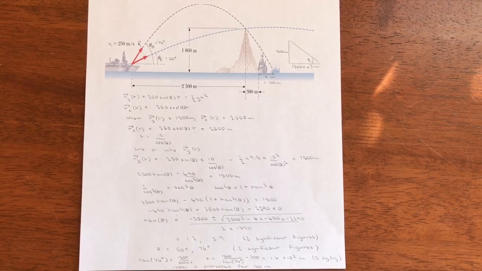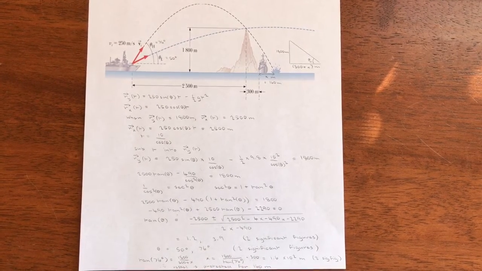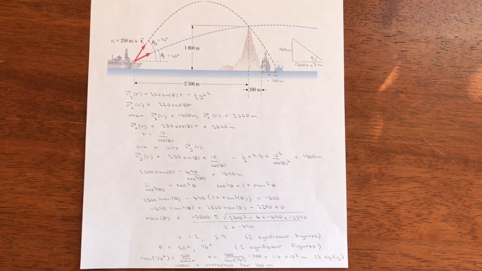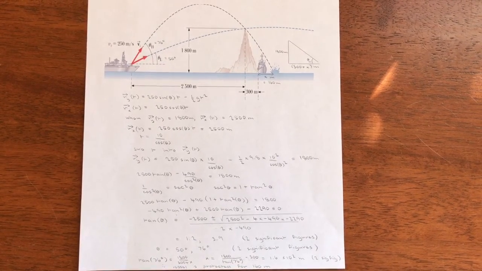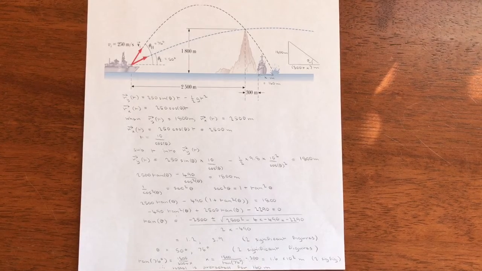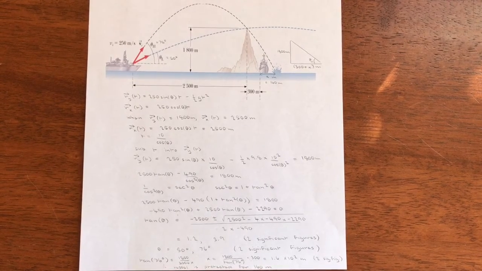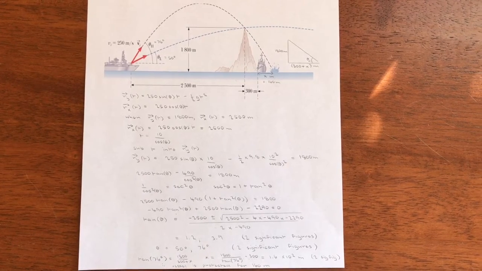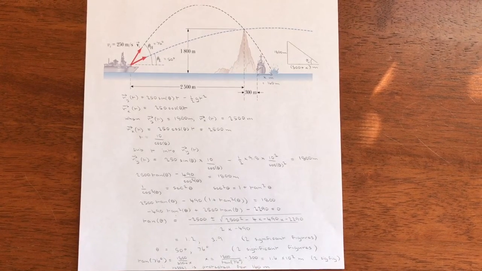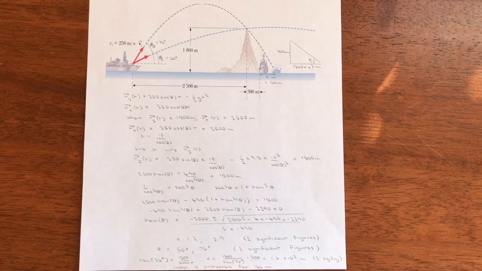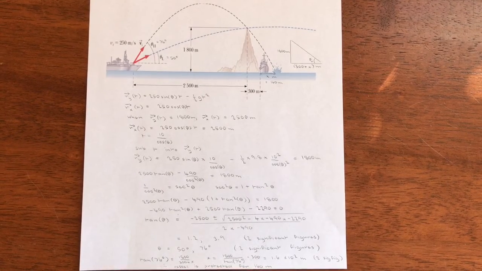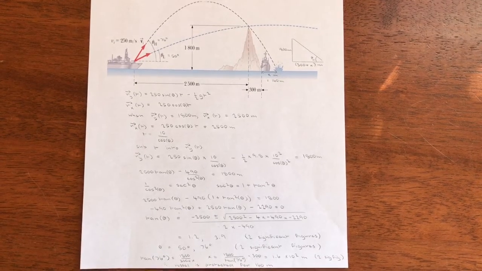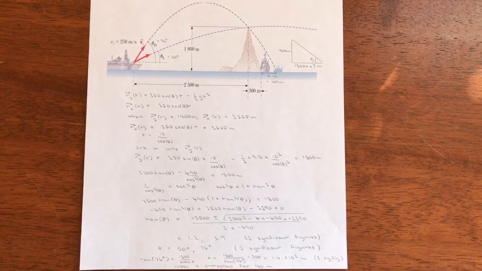y position in terms of tan theta and cosine theta, which I have equated to 1,800 meters, or the height of the mountain. From there we can use the trig identities: 1 on cosine squared theta is sec squared theta, and sec squared theta equals 1 plus tan squared theta, to obtain our quadratic equation in terms of tan theta,